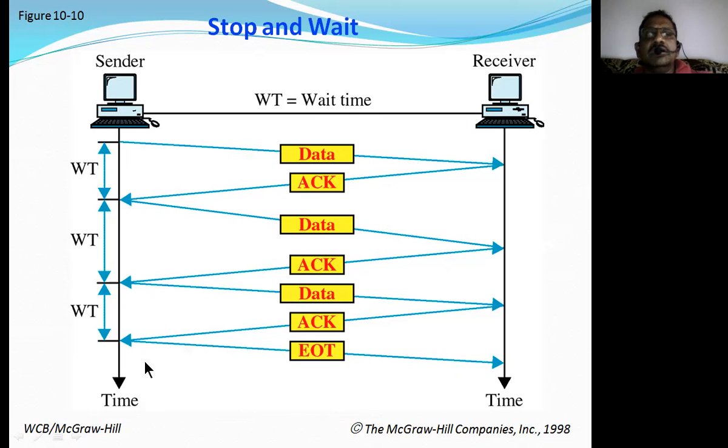Like this, the waiting time is going to be there for the sender, and here also the waiting time is going to be there. That means the sender has to wait for a waiting time period for the acknowledgement from the receiver. After it sends the acknowledgement signal, the receiver is also going to wait for the waiting time period. That means in this waiting time period, the receiver is going to perform its internal tasks. Like that, stop and wait is normally processed.